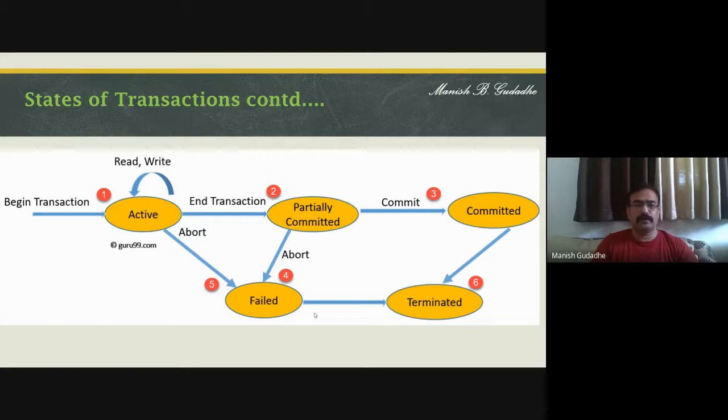You have most of the time objective questions. So, the state of the transaction. A transaction will be in one of these 5 states at any point of time when it is under execution. When a transaction is under execution, it will be in one of these 5 states. Okay, when we have a smooth transaction, there is no confusion. The transaction will begin and it will be in the active state. It will be in the active state.